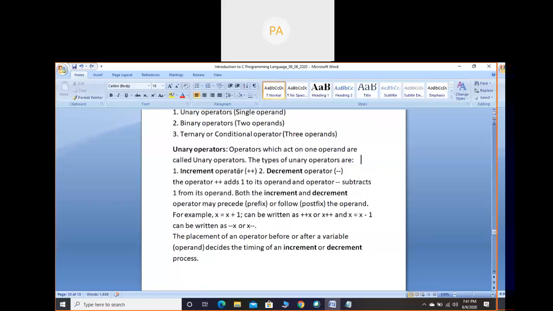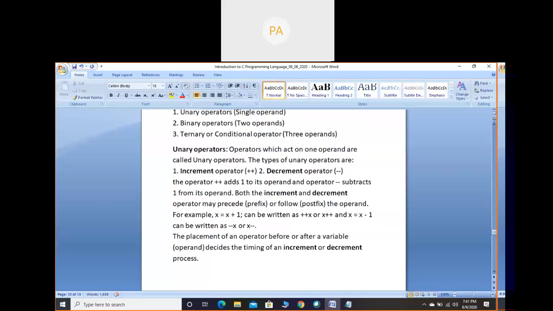Increment operator, decrement operator. See, when we use this plus symbol two times without leaving a blank space, then it is called the increment operator. If you leave a blank space, each plus symbol is called an arithmetic operator. So you should be very careful in writing here. If it is written continuously, then altogether it is called the increment operator. If you leave a blank space, each plus symbol becomes an arithmetic operator. So the category itself changes, the type itself changes.